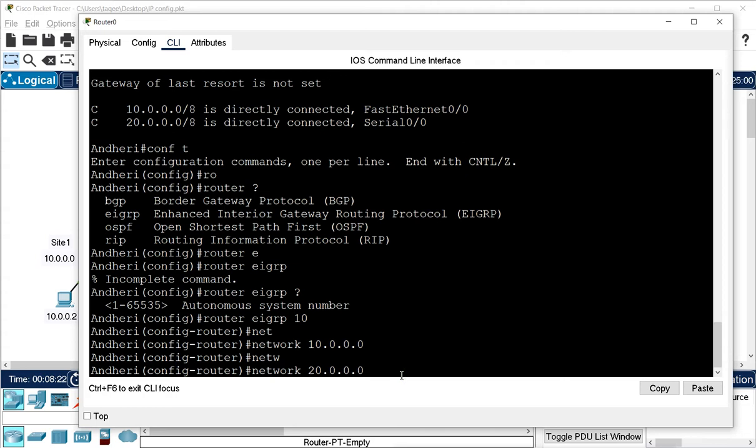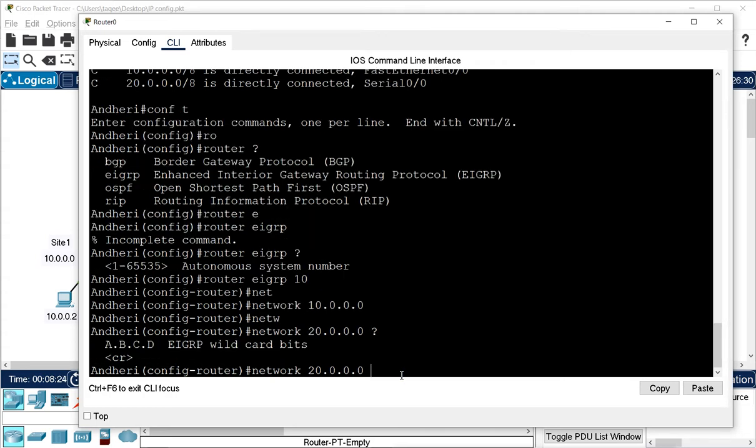I have not given anything. But if I put a question mark here, it says that you have the option to choose a wildcard bit. That means it is actually optional here. This advanced feature is also available in EIGRP. Like OSPF, we can use the wildcard bits, but it is an optional thing. It is not a compulsory thing like in OSPF, where you have to give the wildcard bit whether you want to or not. But here in EIGRP, to keep it simple, they made the wildcard bit optional. So if you want it, then you can give it.